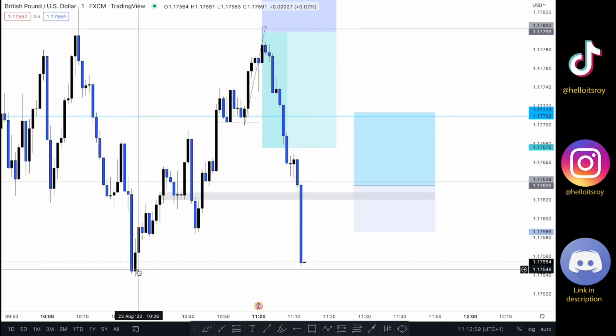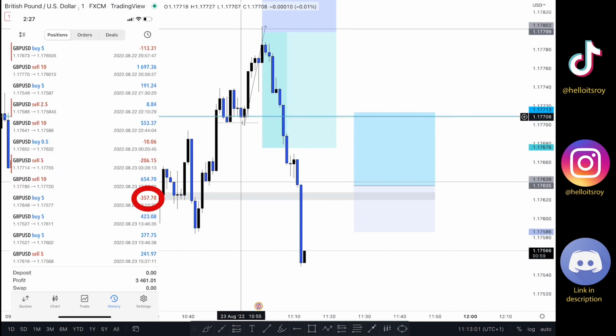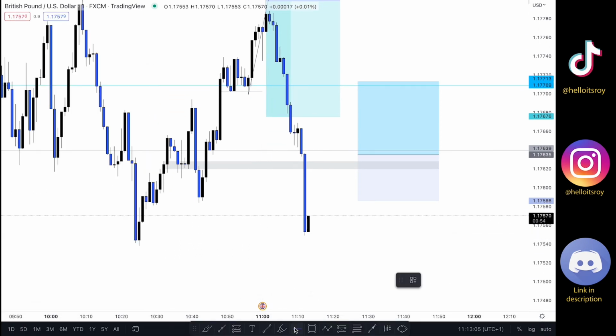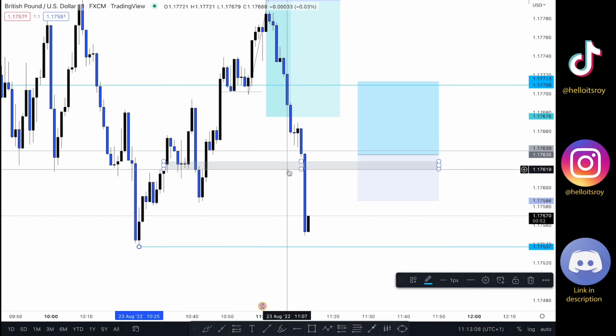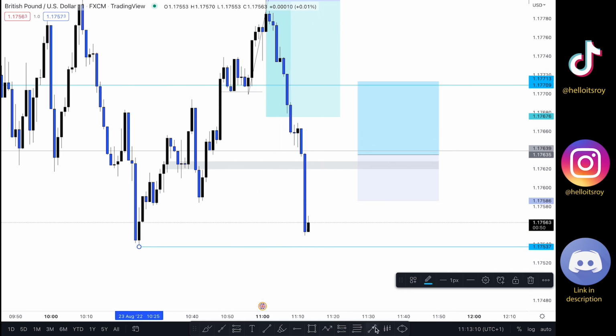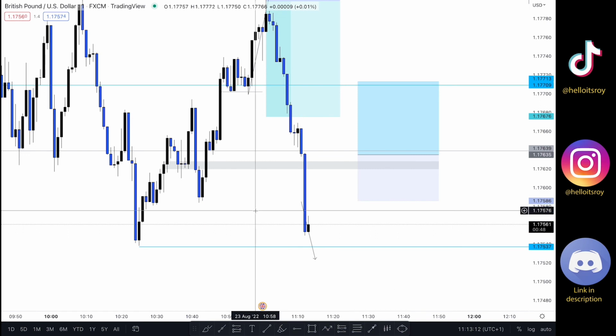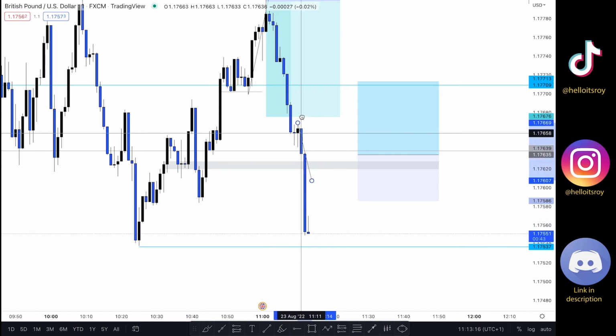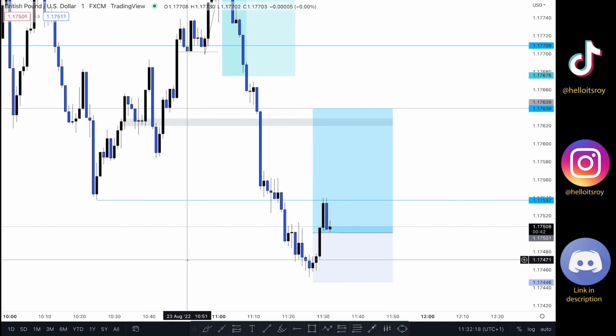The issue with that last trade was that the market already did a 3 drive pattern, 1, 2, 3, and I should have waited for the market to grab this low right here. I didn't see it because I was too focused on this area right here. So I'm going to wait for the market to just take out this low. Then I'm going to buy here and target at least half of it. I'm buying GBPUSD right here.